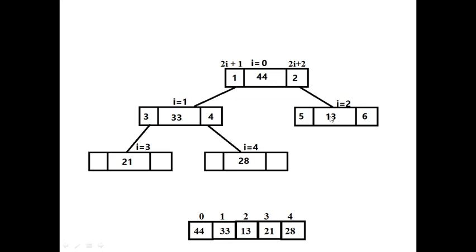See, and one more thing is that if you calculate the address of a left child for a particular node and you don't find any value in that particular index, then it does not have a left child. Similarly, if you calculate the address of the right child as 2i plus 2 and no value is stored in that index, that means that it does not have a right child. So if a node has neither the left child nor the right child, then we recognize that it is a leaf node.